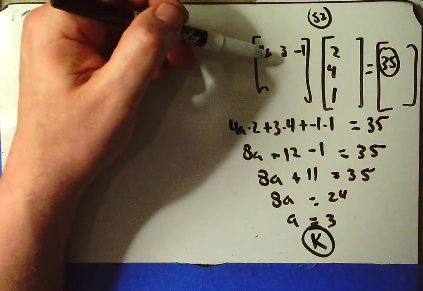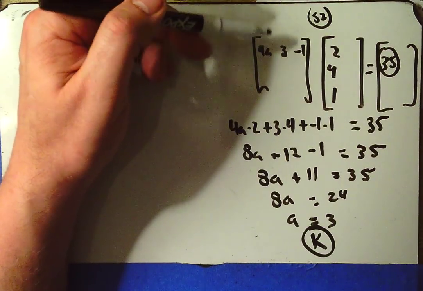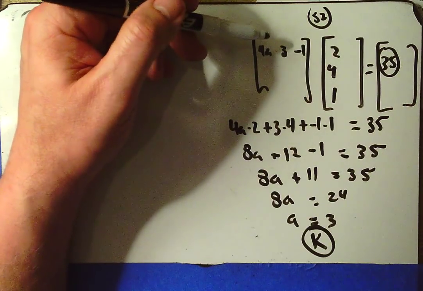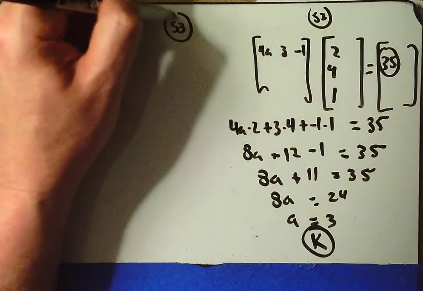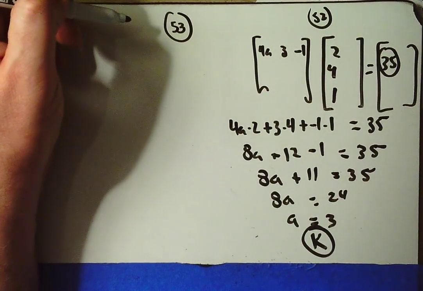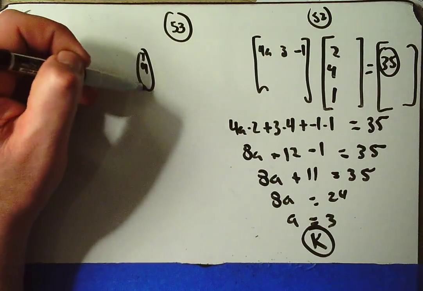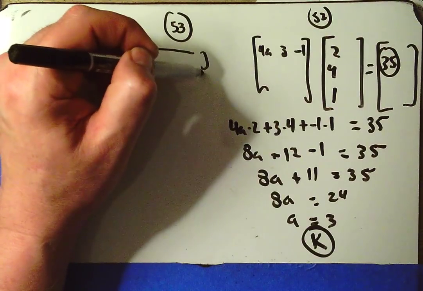Okay, if you don't know how to multiply matrices together, skip this question. Don't waste your time trying to figure it out. If you do know how to multiply matrices, then this question should be pretty straightforward for you. 53. Okay, a pipe at radius of 4 on this end splits into 2